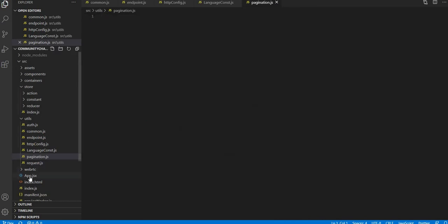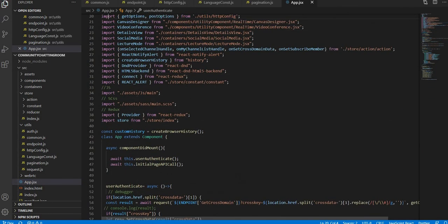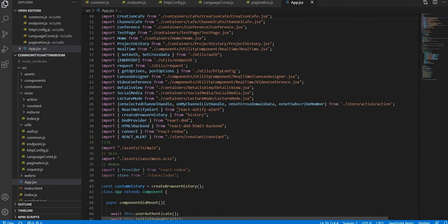Now let me show you one example of how it is working. I am going to the top. As we discussed, HTTP config, so I imported here the get option and the post option, and you can see it is imported from util HTTP config.